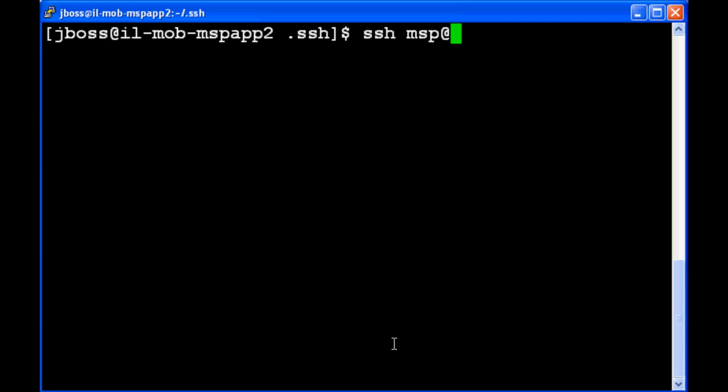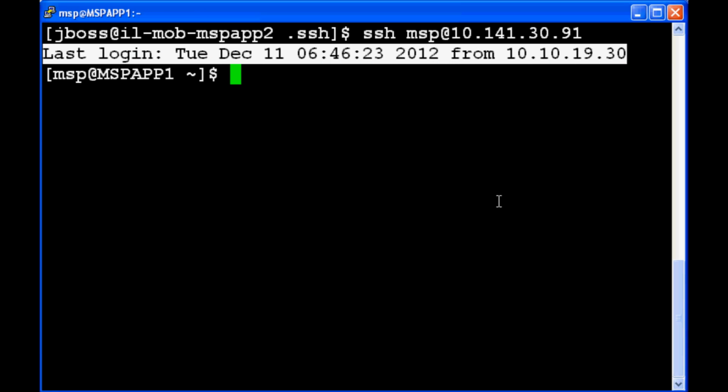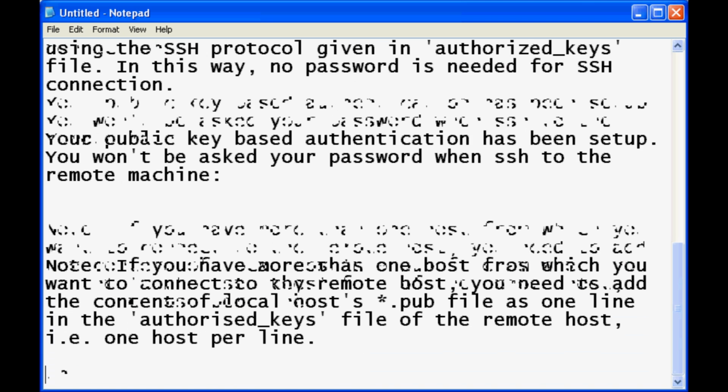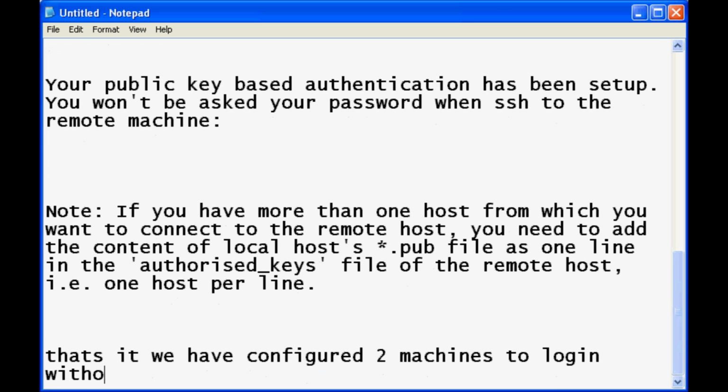So I'll SSH from this machine now once again. So it is not asking me for a password, right? So you can add multiple keys to your authorized_keys file for multiple logins from different machines. So that's it. We have configured SSH without a password for 2 machines to log in